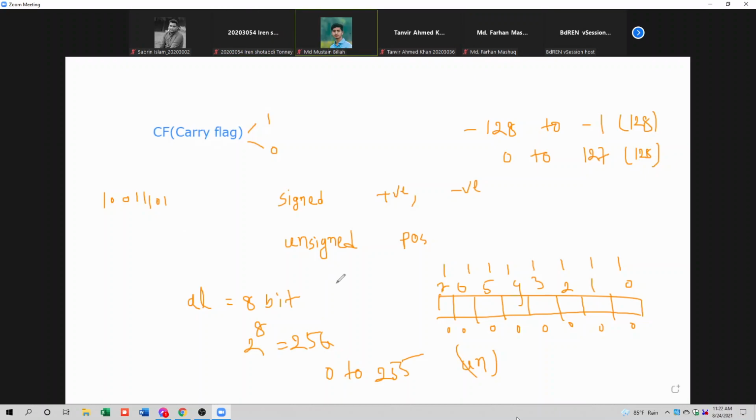Very good, negative integer. When you are going to represent some signed number, there will be some negative and positive numbers. So the leftmost bit will be used for representing the sign. If the leftmost bit is 1, the number is negative. If the leftmost bit, or MSB, is 0, then the number is positive. So here the MSB is 1, that means it's a negative number. If the number is 00110101, here the MSB is 0, so it's a positive number. Clear?